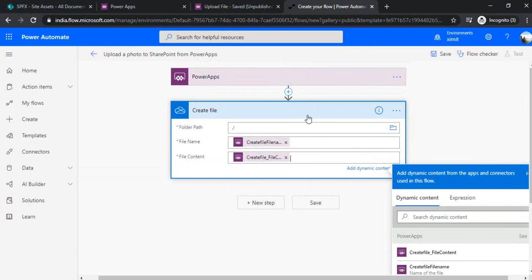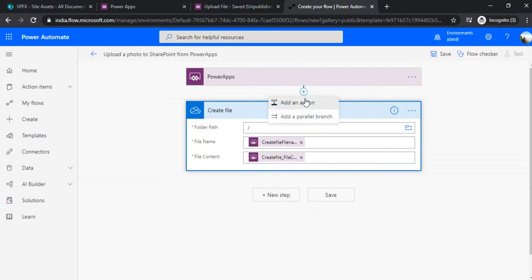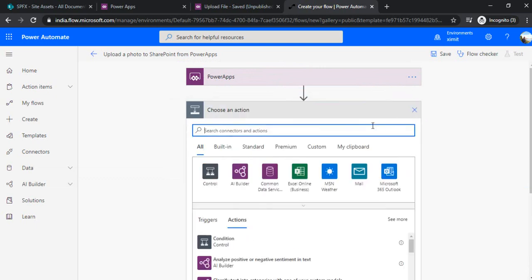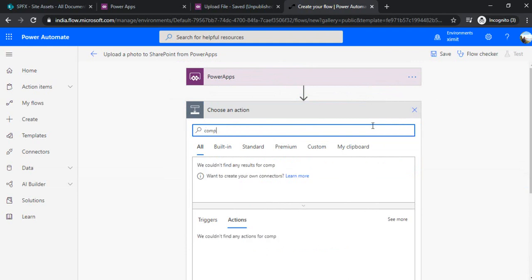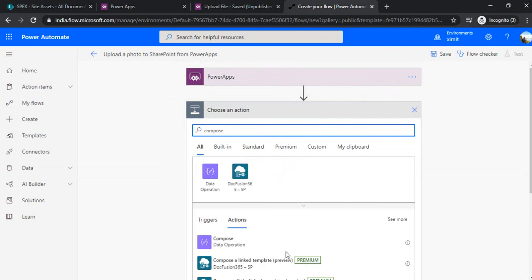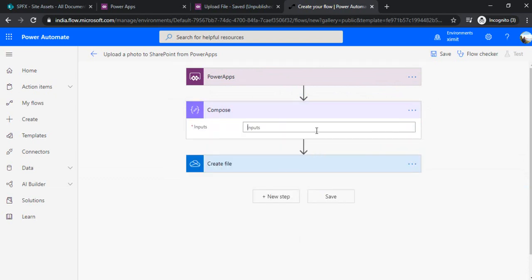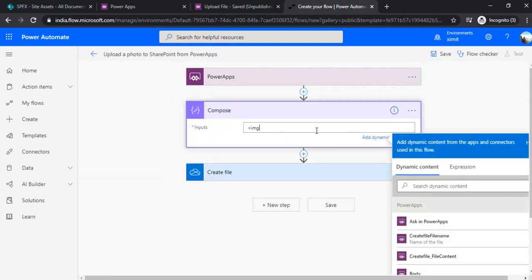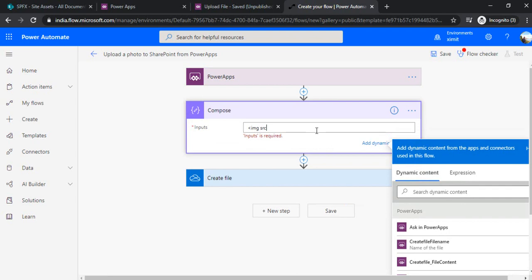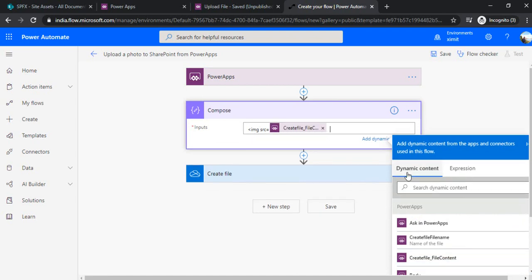That was step one, but now I'll circle back and add another step in between. I'm adding that step because I would be composing a string which can be written into an HTML file. So I'm using a compose action, and under the compose I'll simply write one HTML tag, image src equal to, and I'll use the file content, then a space and close the tag.